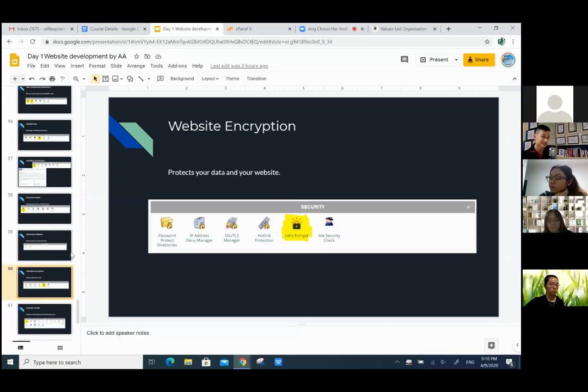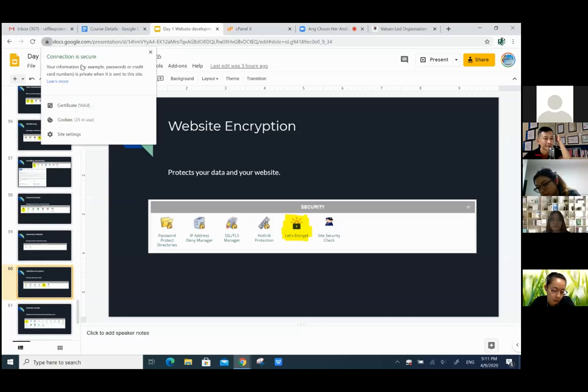So if you can recall, Andrew said it in maybe the first few slides, he talked about the lock on the screen. If you can see, there's a lock here. So this shows that your connection is secure. I don't know if you guys are aware,